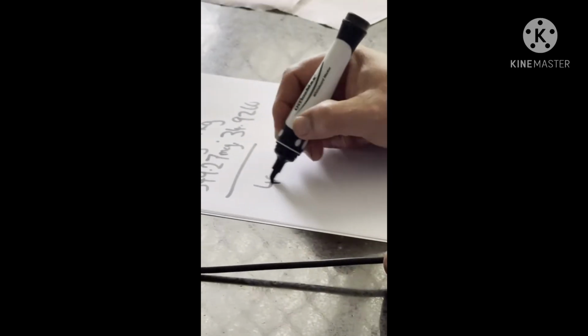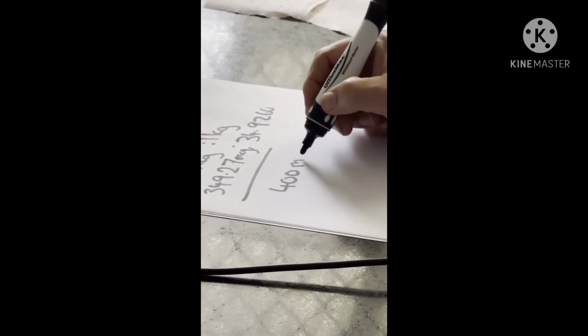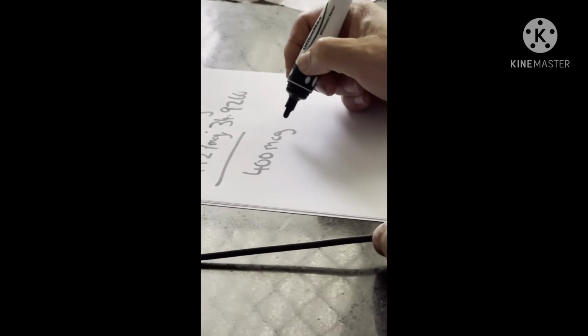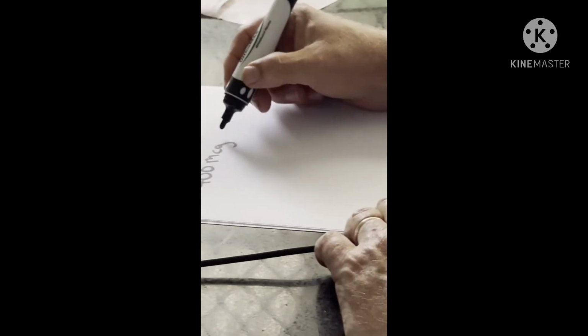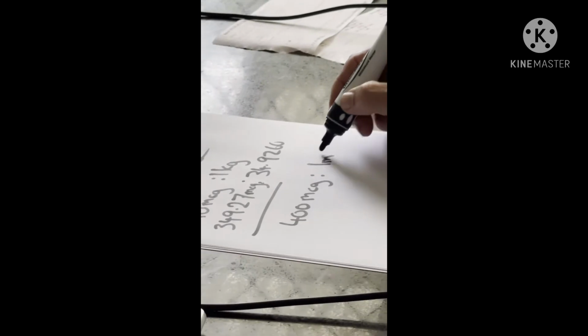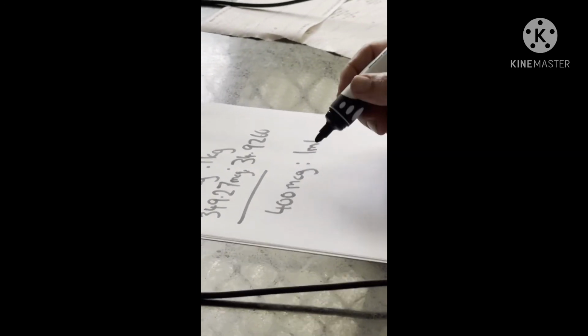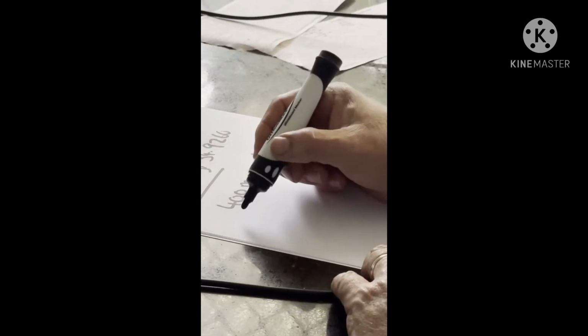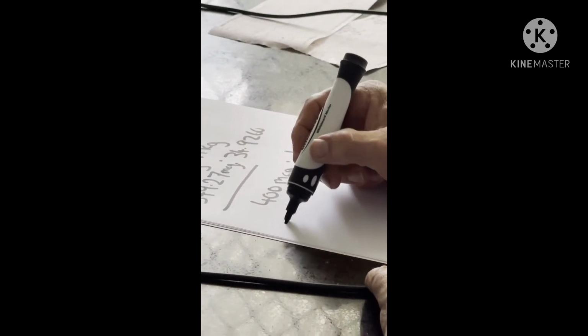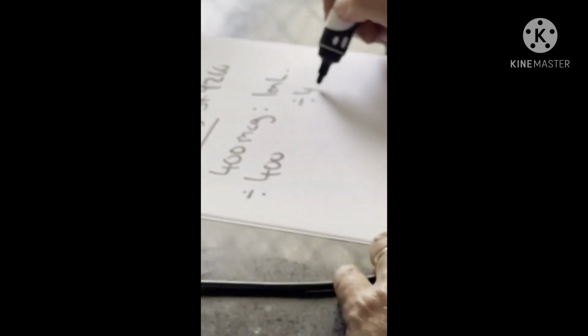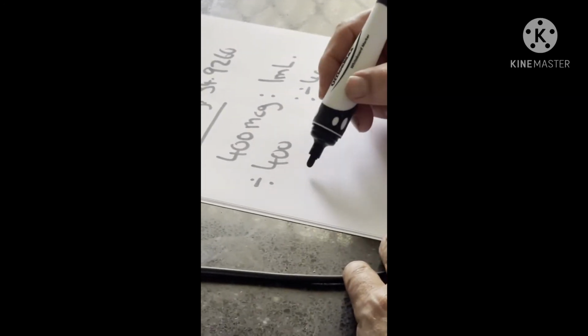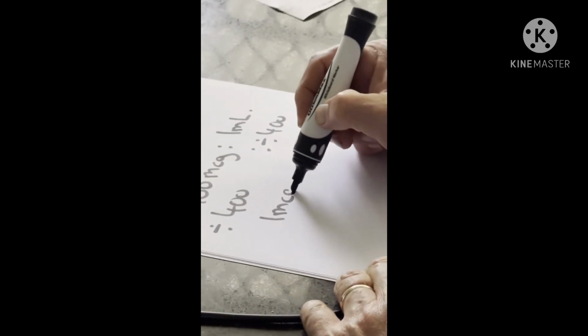So I now look at the dose. There is 400 micrograms in 1 mil. The easiest way for me to do this is going to be to divide both sides by 400. Okay, so I'll get 1 microgram and 1 mil